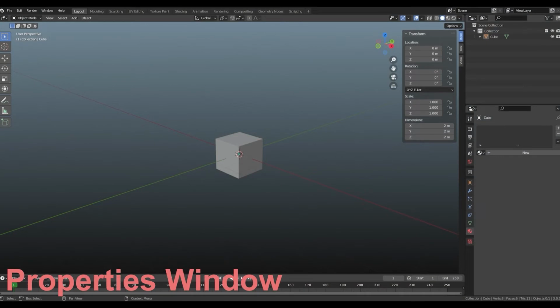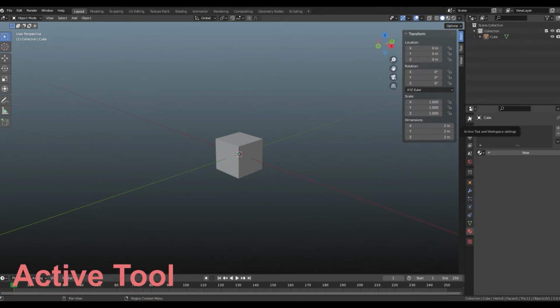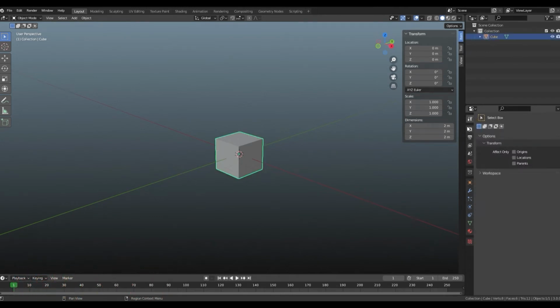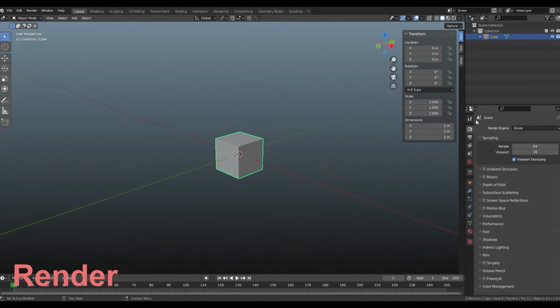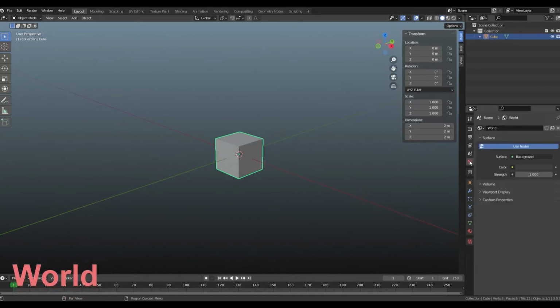The Properties window is a workspace window where you can make various creative decisions that can change your shape. In the Properties window, there are sub-properties tabs that include the Active Tool Properties, which shows the properties of the tool you are currently using, the Render Properties, which change options on your renders, the Output Properties, which changes the output settings of your scene, the World Properties, which change the look of your world when in render mode, the